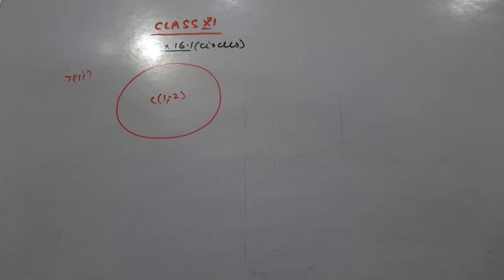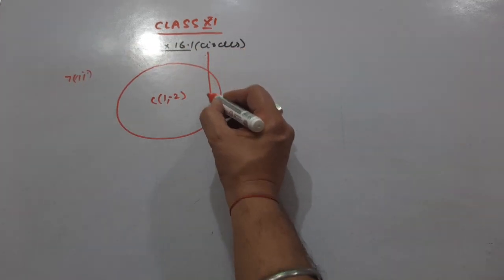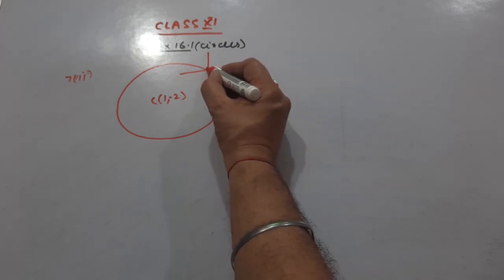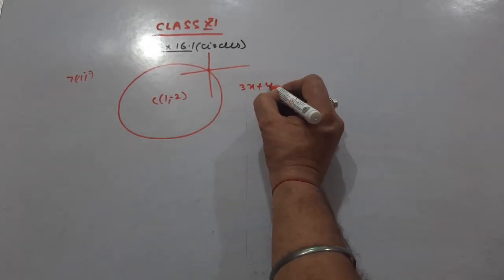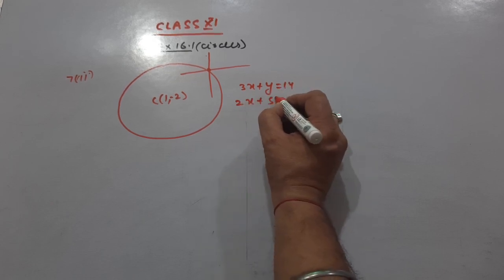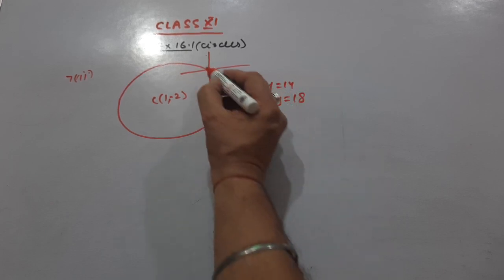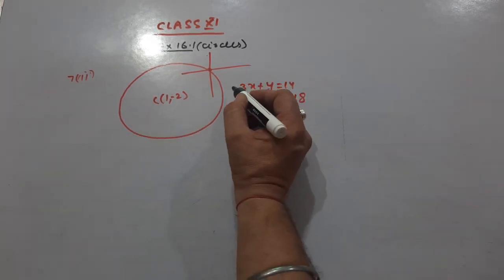The circle passes through the intersection of two lines. Now there are two lines given to us, right? First line is 3x plus y equal to 14, and second is 2x plus 5y equal to 18. The circle passes through the intersection of these two lines. So solving these two lines first,